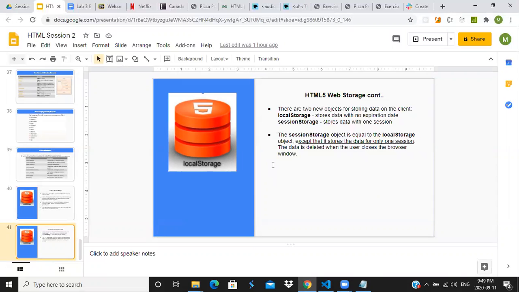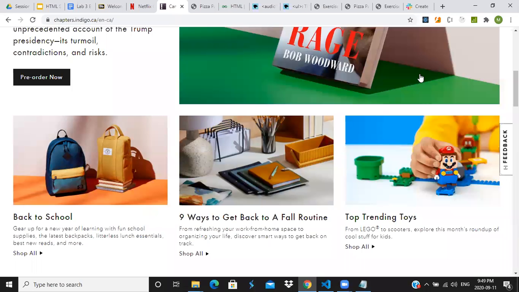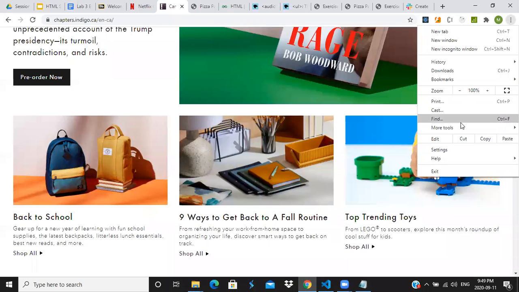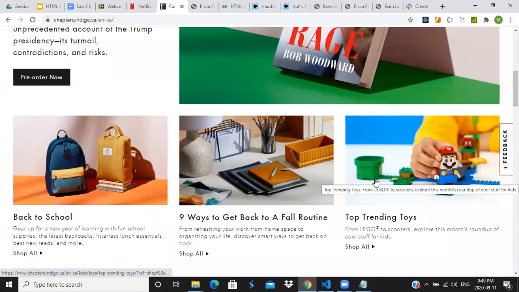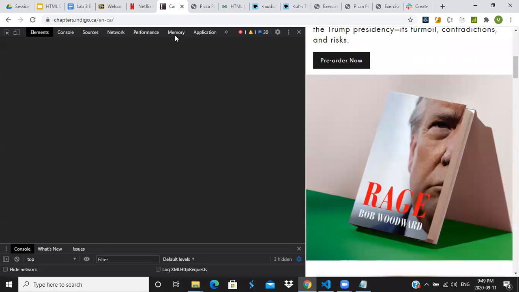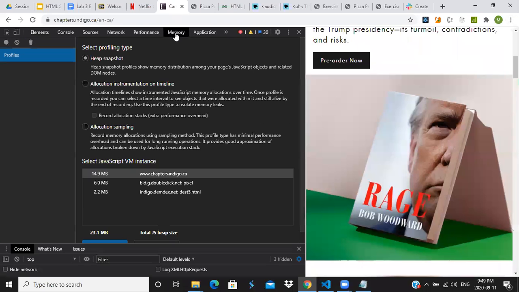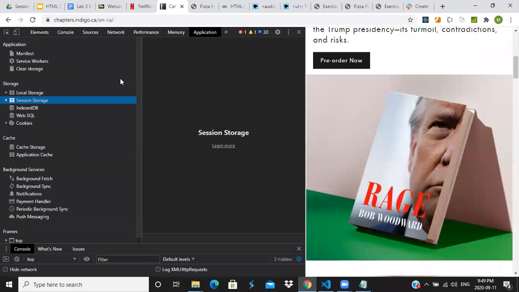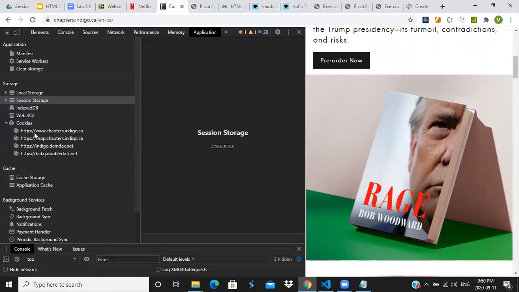Eventually you'll be able to see it if you ever use the debugging tool. If we get into more advanced options of this, there is actually a memory tab, and sorry, an application tab. Inside of this application tab, there is a whole bunch of things going on. There's caching, which we never talked about. Storage. The old school way was cookies, which would store text files, and we still use them quite a bit, to be honest.